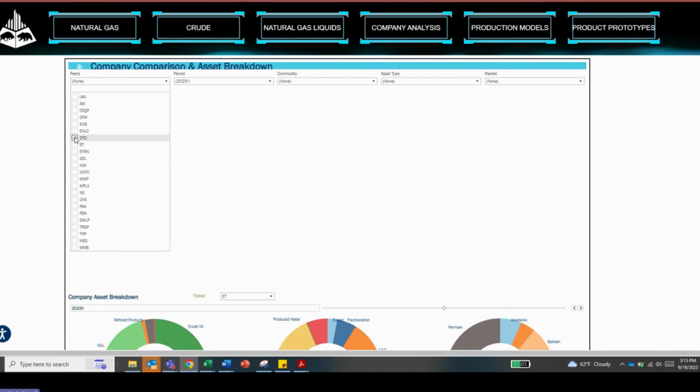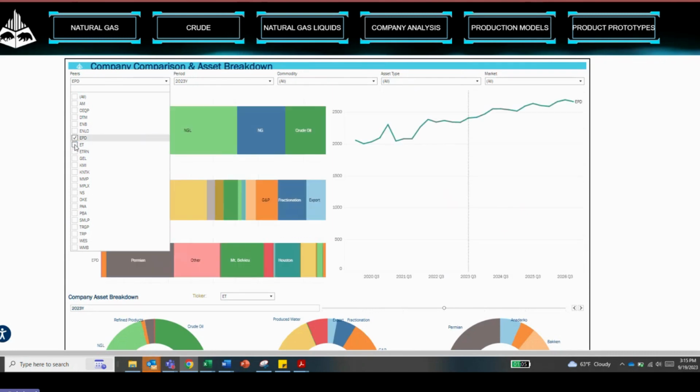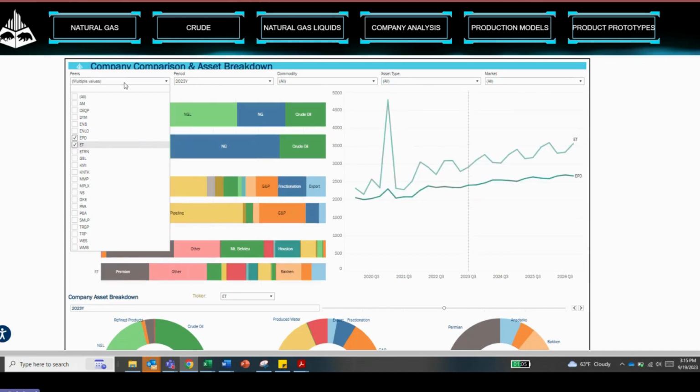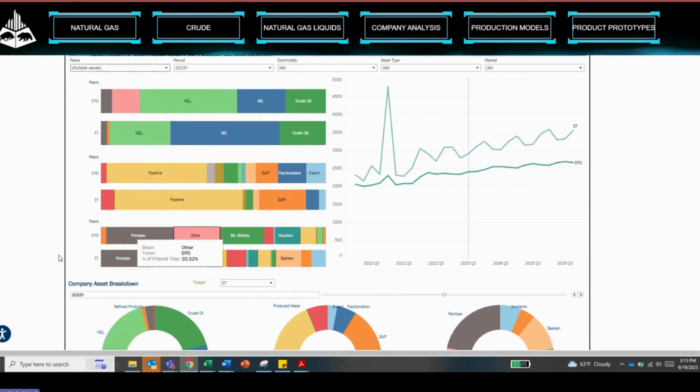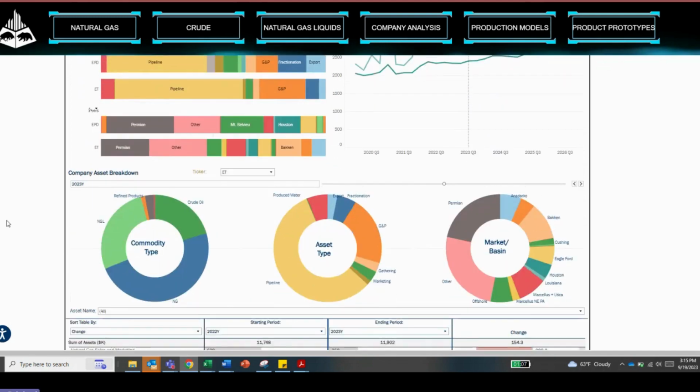If you only want to look at Enterprise versus Energy Transfer, you can just select those two and see how they compare, how the businesses compare, what the different exposures to each commodity is, or what asset type each company has, what different markets those companies play in. And if you scroll down,